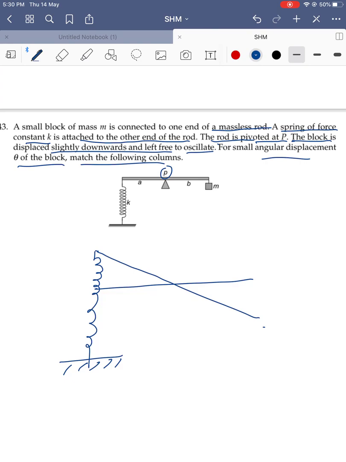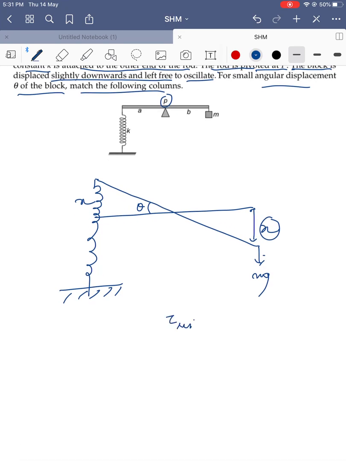Sir, why are you doing the stretched part only? Till now I discussed only the stretched part, so that's why I am doing it. So with theta and x, mg is also there, and mass m is also displaced by x. So we should consider restoring torque only. Understand? Restoring torque will be there if and only if the spring is present, or there is a rod which can be elongated. You know elasticity, right? So rod elongation cases.